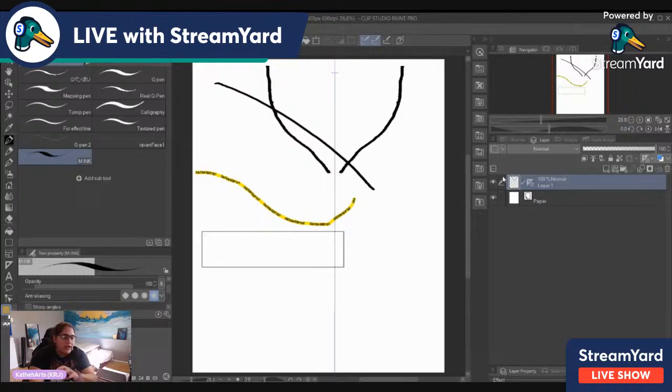So the question was about layers. Let me go back to the question real quick because I want to remember specifically what he was asking. If I could find it. Okay. So I do remember my friend asking about the layers and how he felt like it wasn't